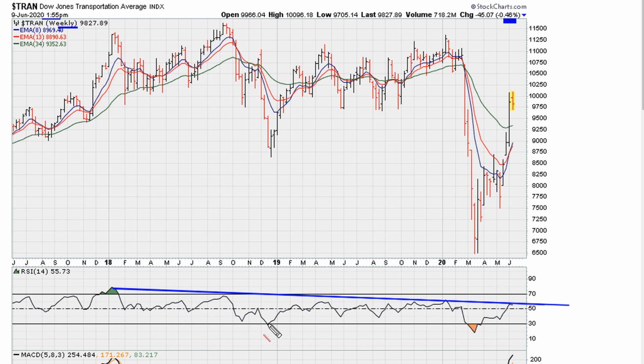And this clear and obvious backtest line right here. And of course you can see how this line connects to prior lows. Here, here, here, and here, and also here. And then it turned into a break level, leading to this massive plunge. And now we are back, and seemingly as of right now the market is showing that it is aware of